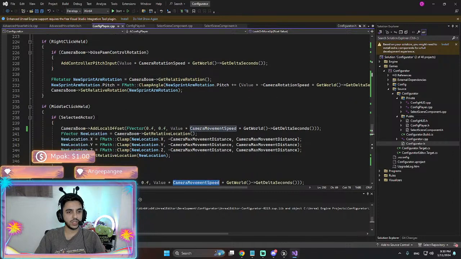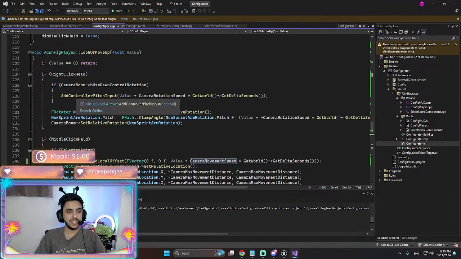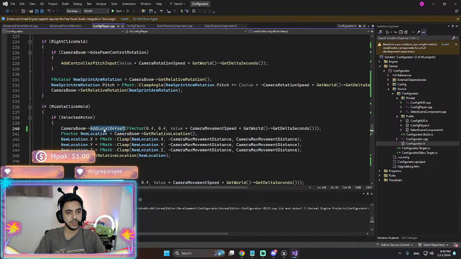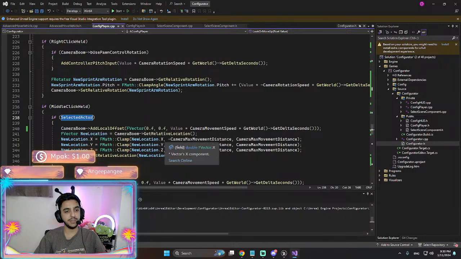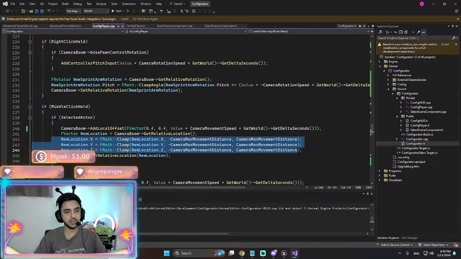Okay, so it didn't work the way we intended it to work. What we do here, we get the camera boom, add local offset. If an actor is selected, that happens, and then we clamp the movement to the new location.